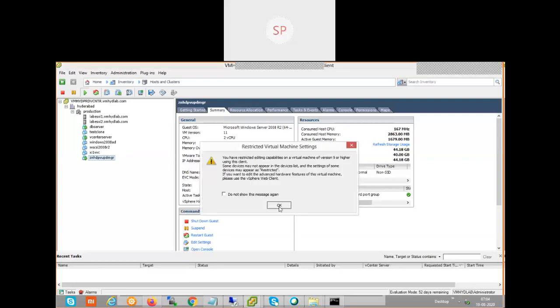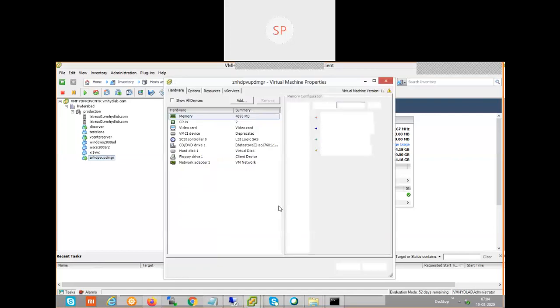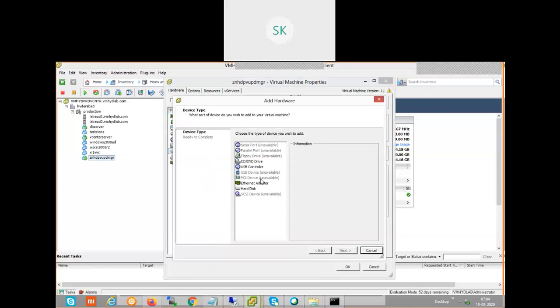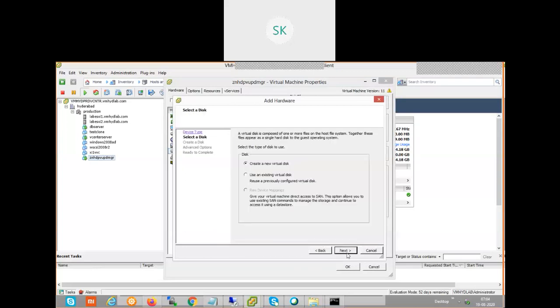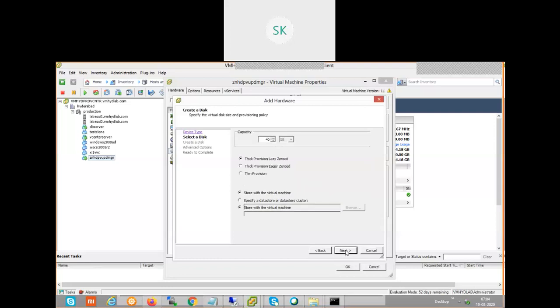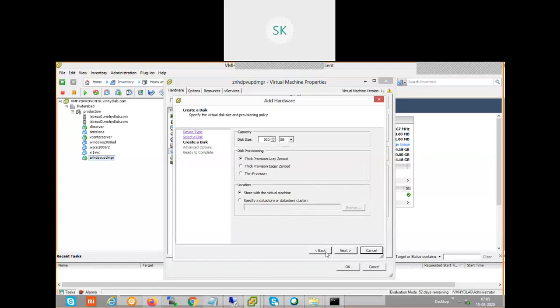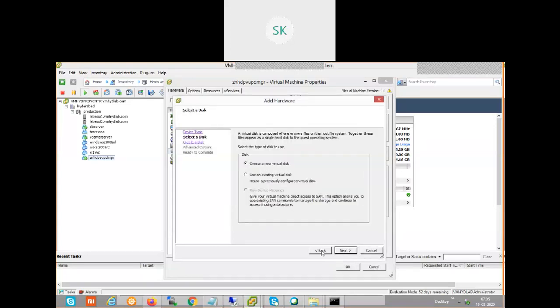We can see how much space is available, and according to that we'll add additional size, so that we can add multiple disks, multiple shared storage for the ESX environment. Okay, click add. What I'm going to do is add 300 GB. Let's see whether 300 GB is available or not on my data store. Create a new virtual disk, click next, select 300 GB. Yes, wait, click back, cancel, back. Yes, be here. Okay, next.